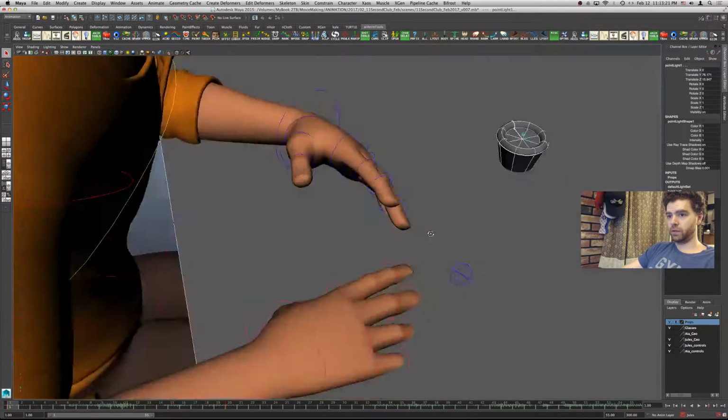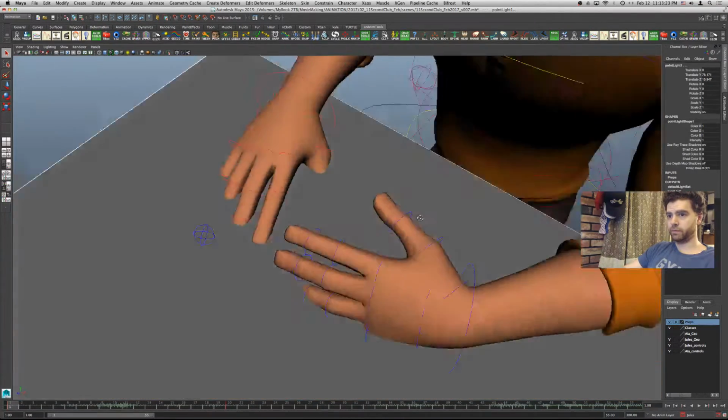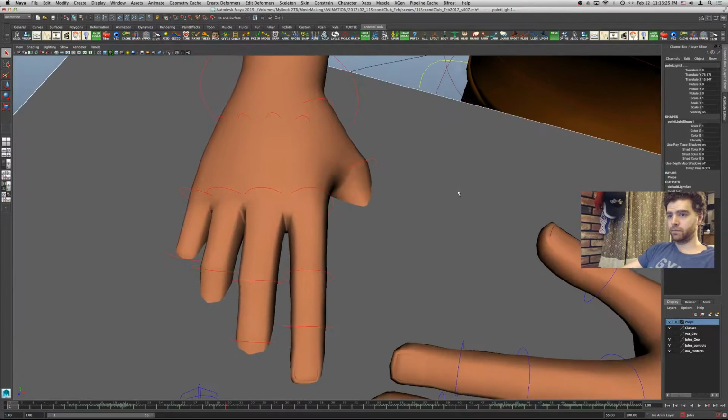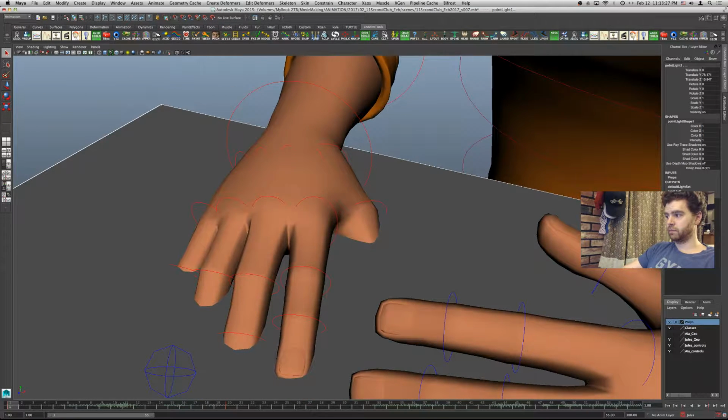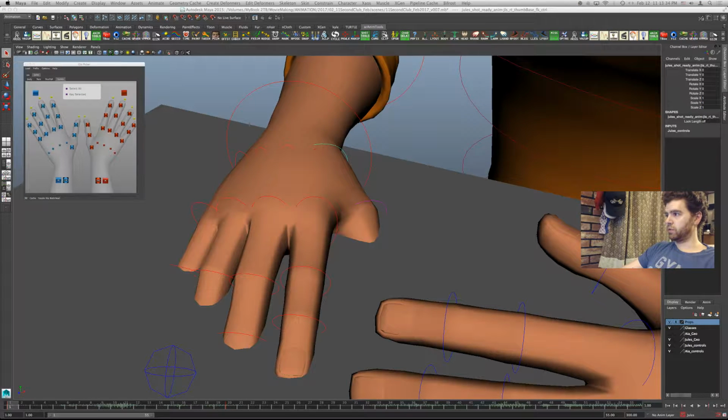Alright, so let's start with the thumb. So I'm going to be using the GUI picker. I can pull up this sort of a reference to the GUI picker. You should see the buttons highlight as I roll over, but you won't actually see my mouse over it. So I'm going off screen to select it. That's because I'm just trying to save some real estate here as I animate so I can see what I'm looking at better.